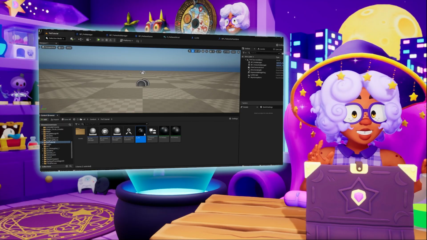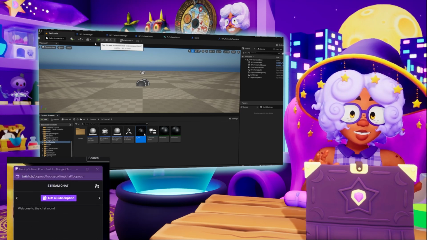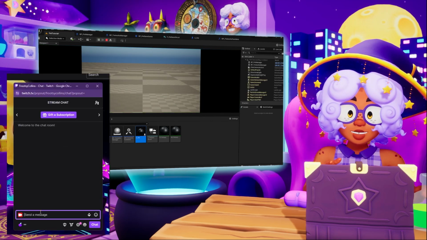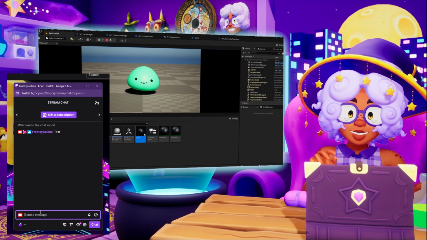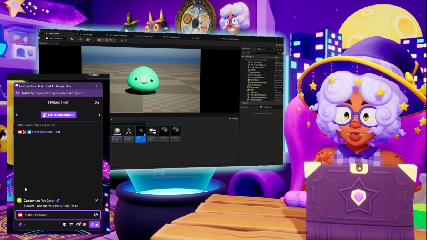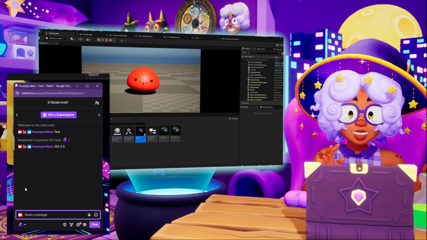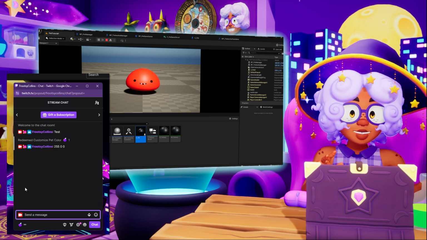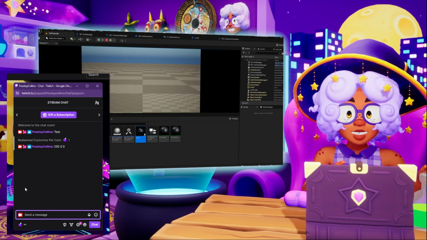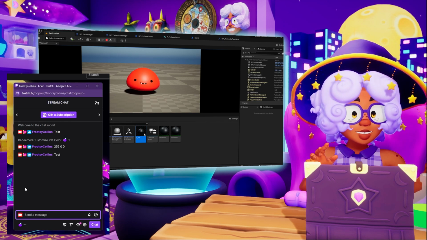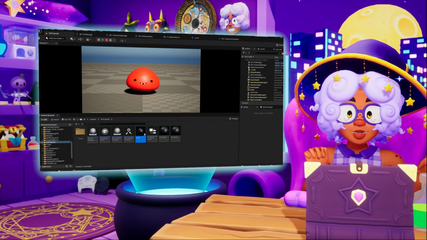Alright, now everything should finally be working, so let's test it out. So start your level back up, go into your Twitch chat, summon your pet by typing in chat, and then use the change body color redeem, and we'll make them red again. And then after the autosave kicks in, we'll close it, and then we'll start it back up, and we'll type in chat again, and there we go!